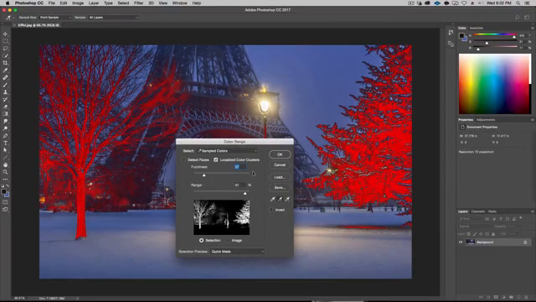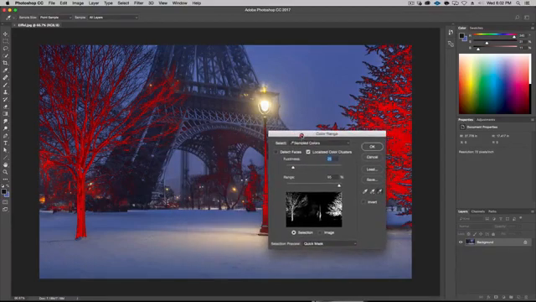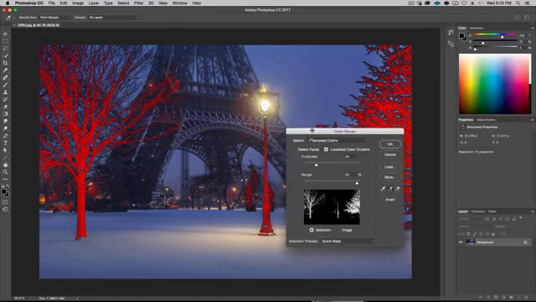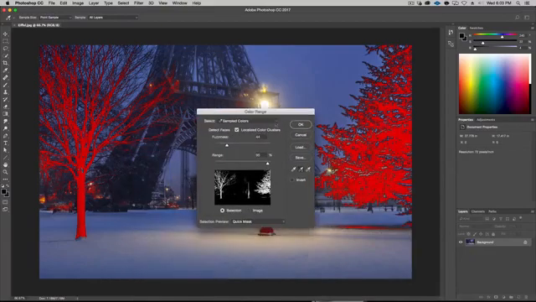That's a little too much, and so the tree is not as well outlined, so I can lower my range or lower my fuzziness. Okay, and then I can say I want to take some colors out, like I want to get this blue color out. That's not what I want. So that's how you basically get these complex selections sometimes. You don't want to take out too many colors, and sometimes the more you add and subtract, the more your selection becomes pretty jagged, so you don't want that too much.